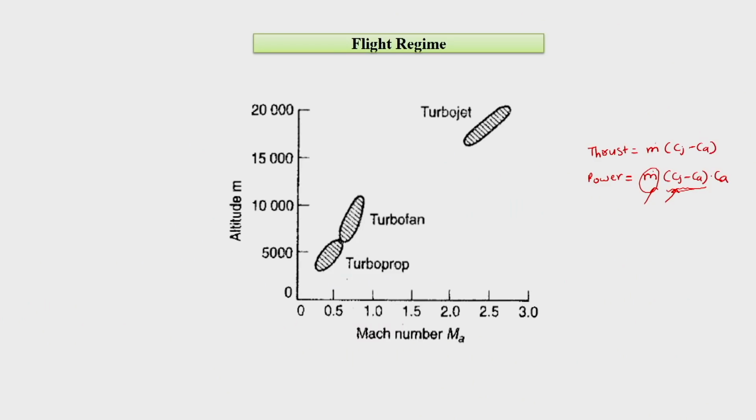Now, our objective from here onwards would be to concentrate upon each component of the engine. We will first concentrate upon the compressor, then we will concentrate upon the turbine. These are the major components which we will be covering in the remaining part of the course.